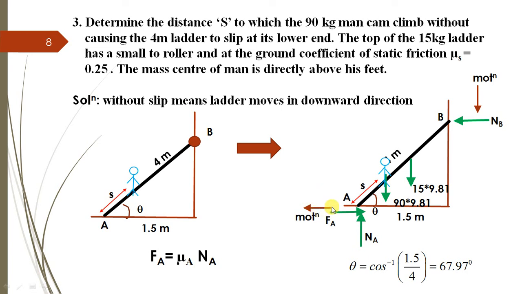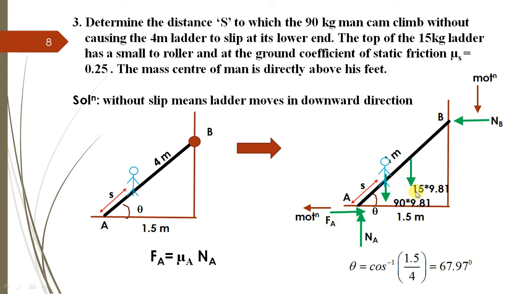Okay, the motion is towards outward. When this ladder will slip, this point A moves in this direction. So the friction of the floor onto the ladder is towards right. This is the friction, and this NA is the normal reaction offered by the floor onto the ladder. So 1, 2, this one is the third component.